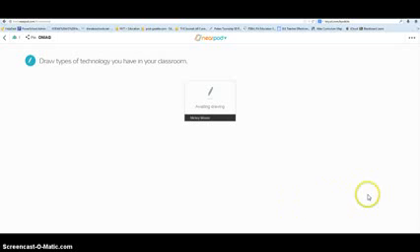So again, as I'm controlling the presentation, there's a question that pops up on the student's device, and it says, draw types of technology you have seen in your classroom. So for instance, if a student might draw a computer, so they're going to be drawing on their device, and I'm actually trying to be the student and the teacher at the same time, so I apologize for my